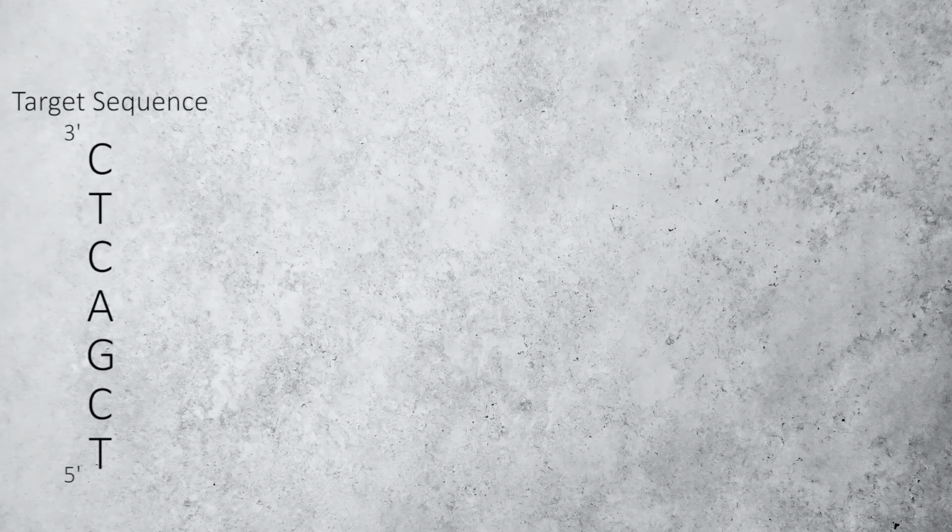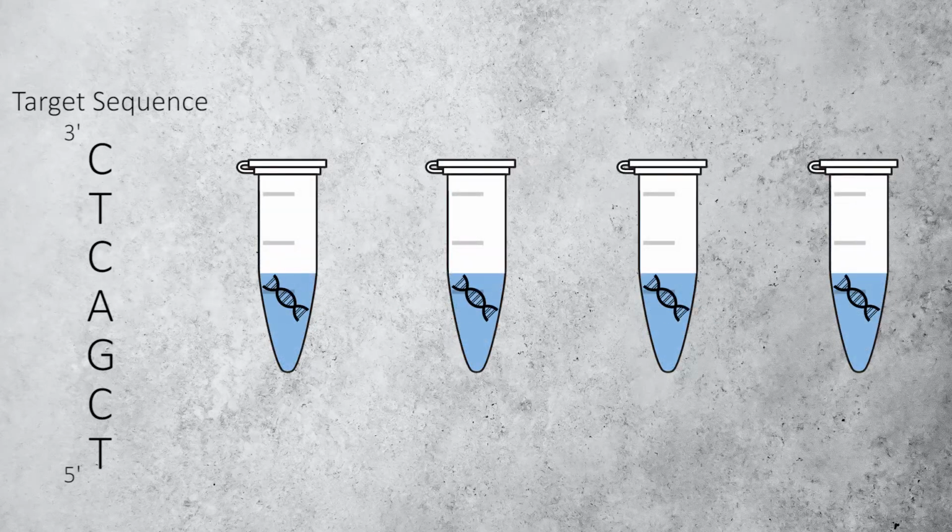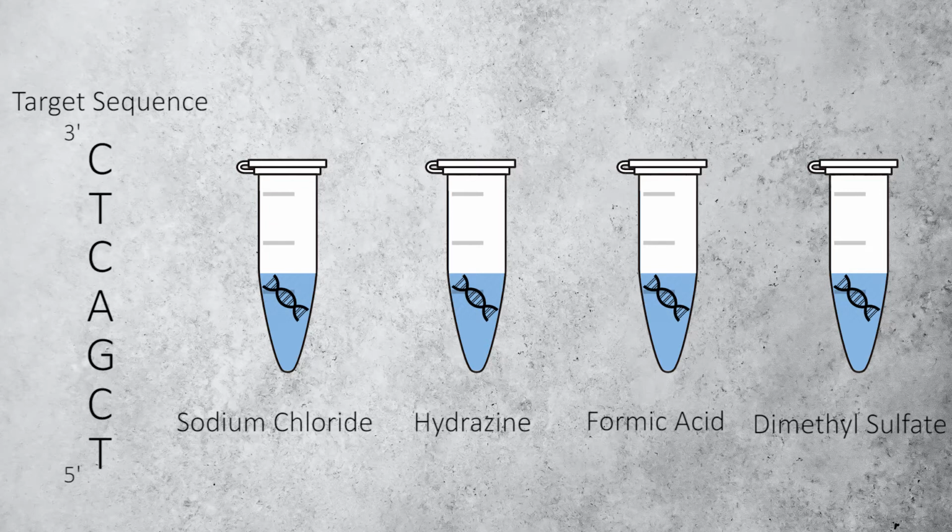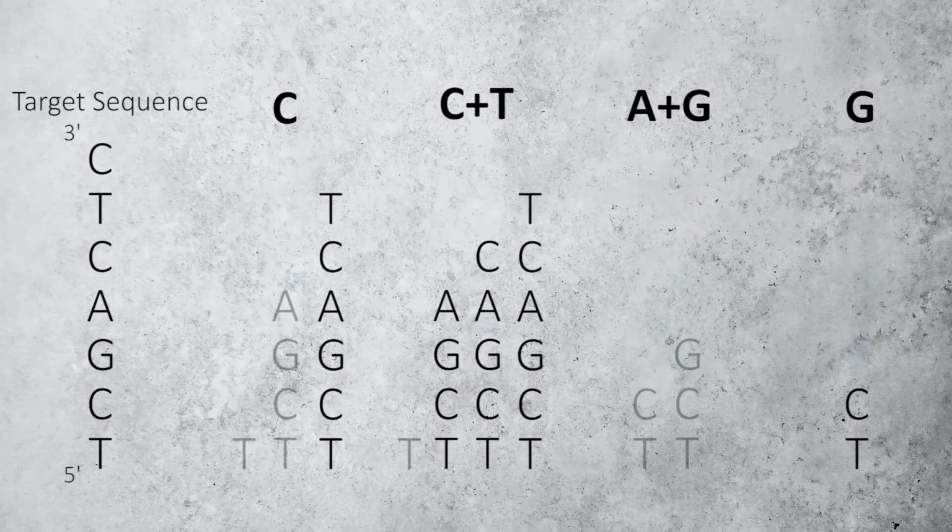Let's have a look at how these worked. The Maxam-Gilbert method used chemical fragmentation. Briefly, the DNA of interest would be equally distributed in 4 tubes. Each tube would be treated with a chemical designed to break the DNA sequence at a specific nucleotide or 2 specific nucleotide positions. The result of the chemical reaction is DNA fragments of different lengths, and the pattern of breakage,